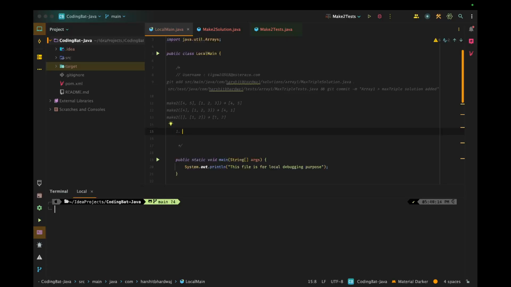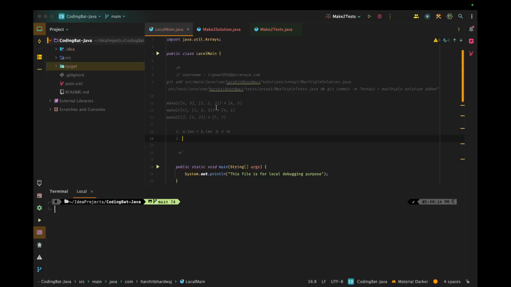First one is A dot len plus B dot len would always be greater than or equal to 2. Then only we will be able to create an array of length 2. And second one will be, first we try to fetch the elements from array A. In case we do not find enough elements, then only we move towards the array B.